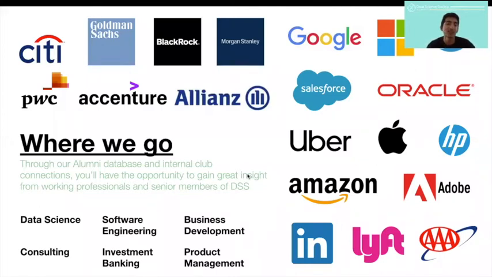Even some consulting firms are really starting to look more into data science consulting as well. But essentially, we really are successful wherever we go, and we have that really strong alumni network that you guys will be able to utilize if you are able to get in.